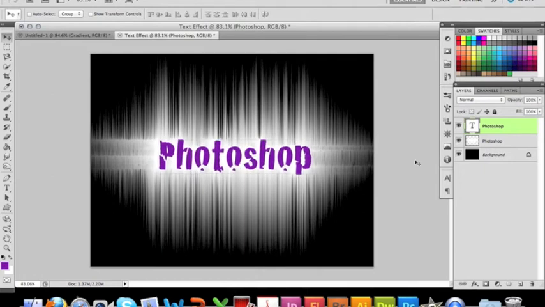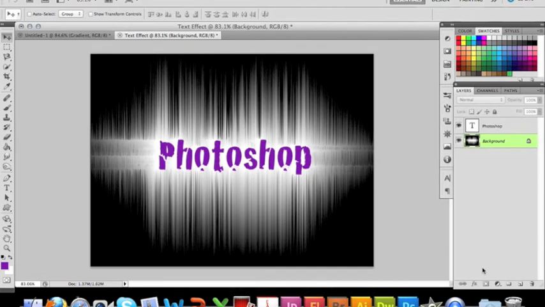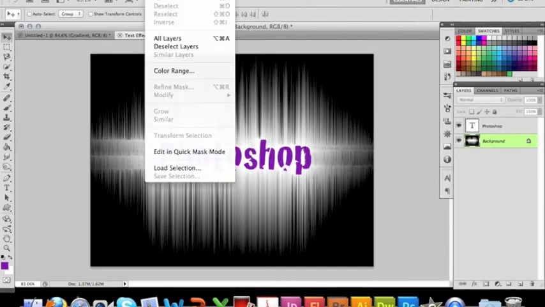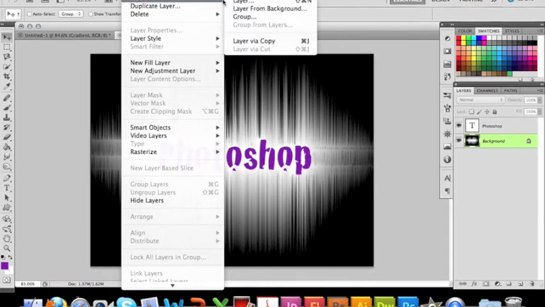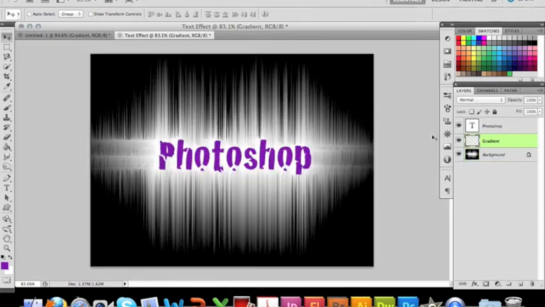And now after you do that, you want to select your background layer and the original text layer. Right click, and we're going to merge those layers together. After you do that, we want to create a new layer. So we'll go to Layer, New. And we'll name that layer Gradient. Then hit OK. Then you want to make sure the layer is in between the 2 original layers, and then